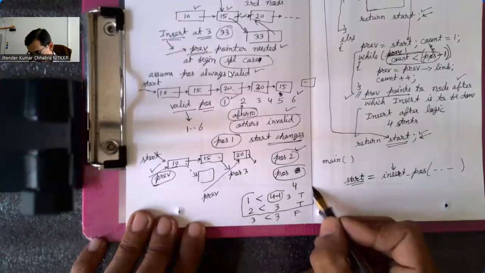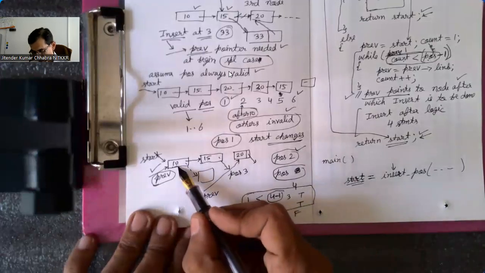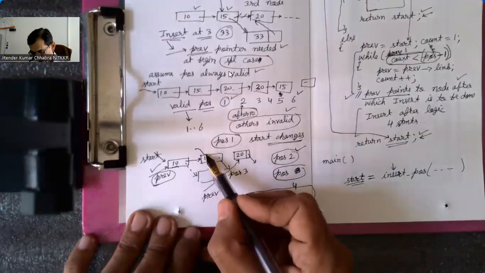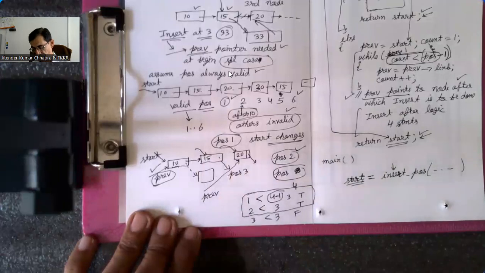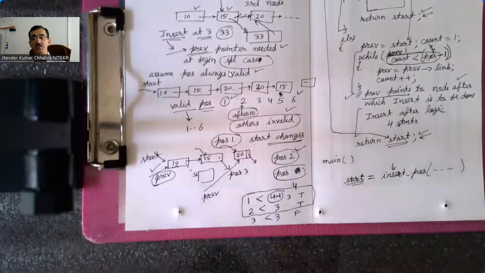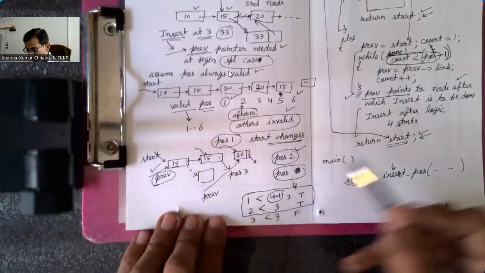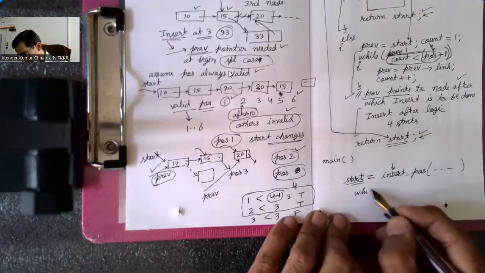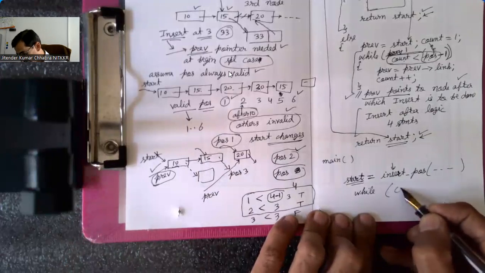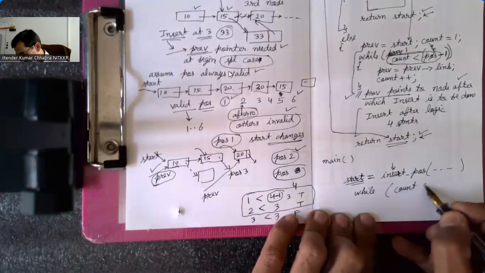2 shiftings are done. Initially previous was at 10. After one shifting it came to 15. After another shifting it reached 20. And this is where I wanted to stop. So by writing my condition while count less than